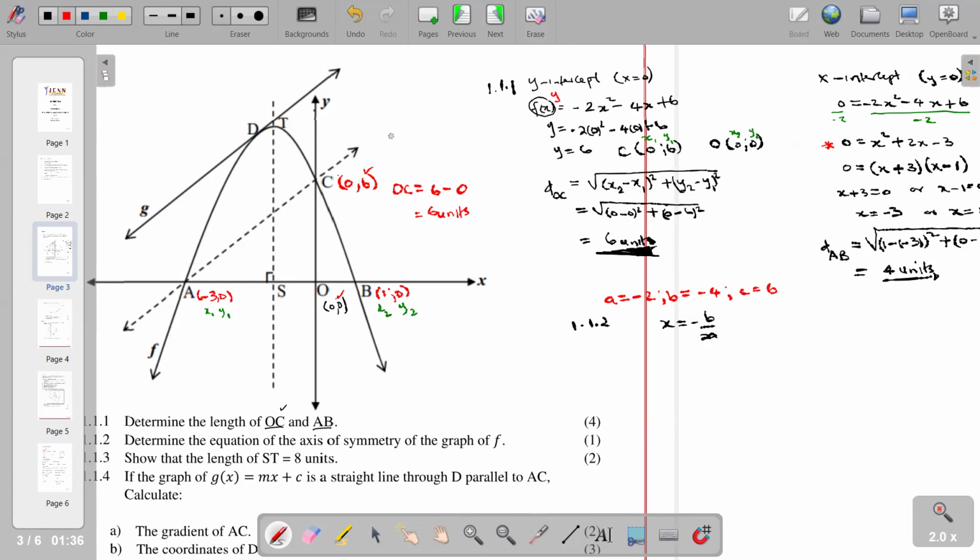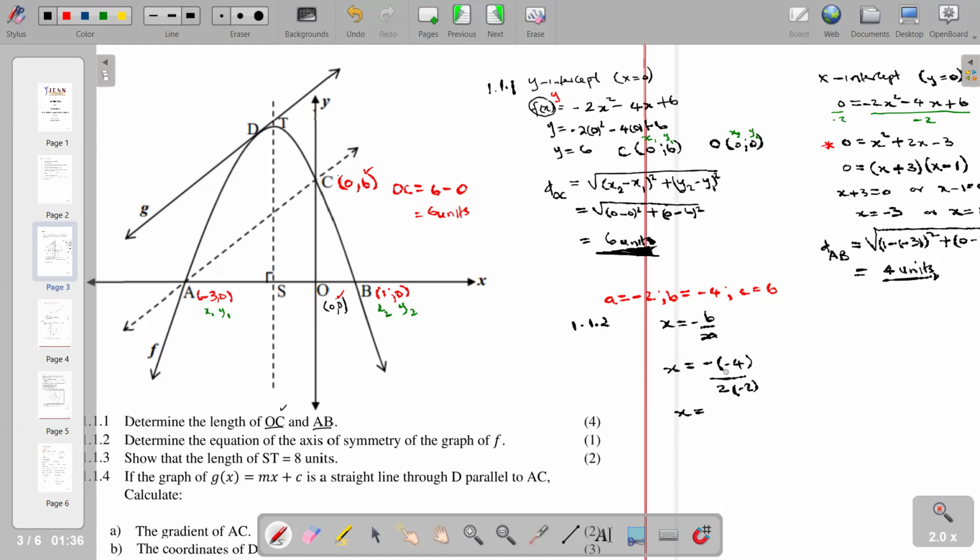So using those, we can determine the equation of the axis of symmetry. It means the equation is given by x is equal to minus our b, which is minus 4, divided by 2 times our a, which is minus 2. When you punch that on your calculator, it therefore means that x is equal to positive